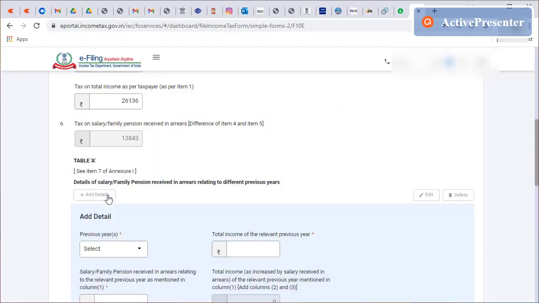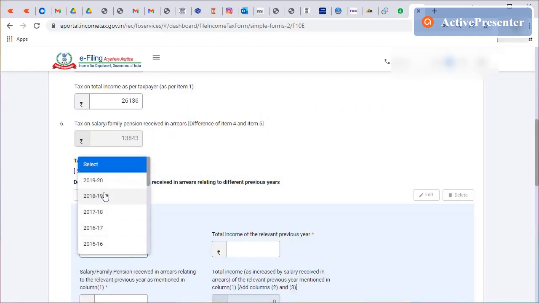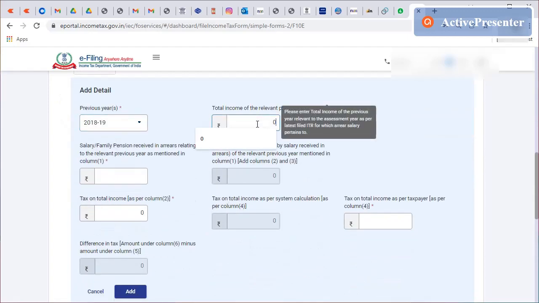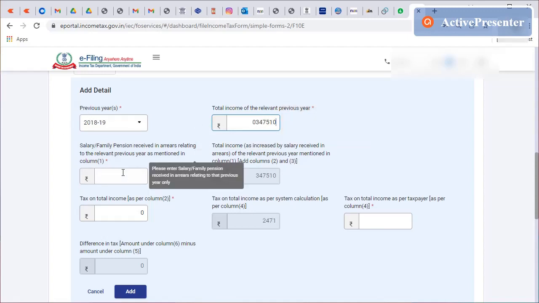Now repeat the same for the previous years, 18 to 19. So this is my actual income, and this is the arrear what I have received, and this is the tax that I have paid that year.